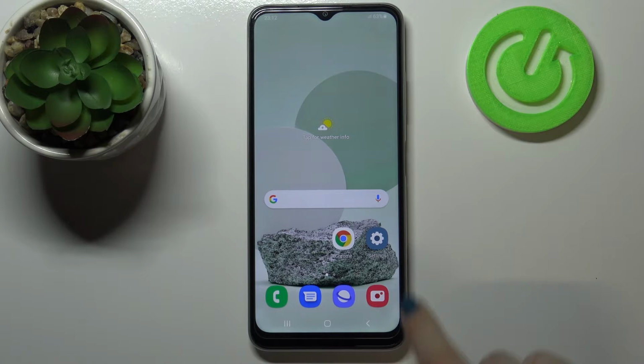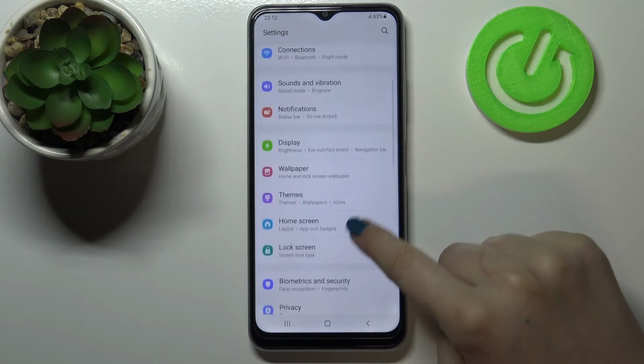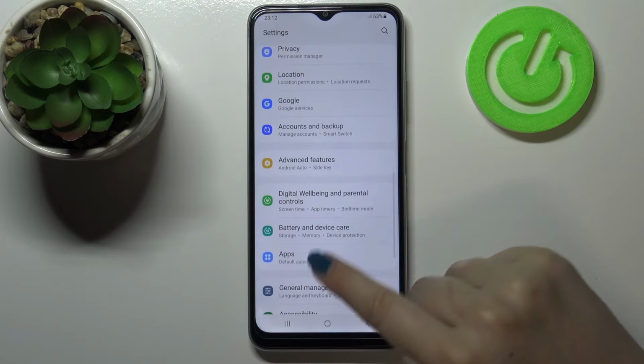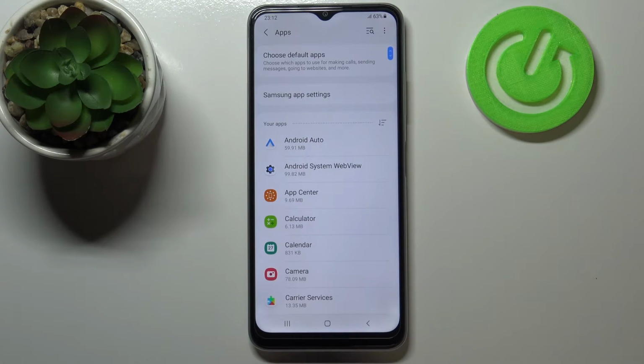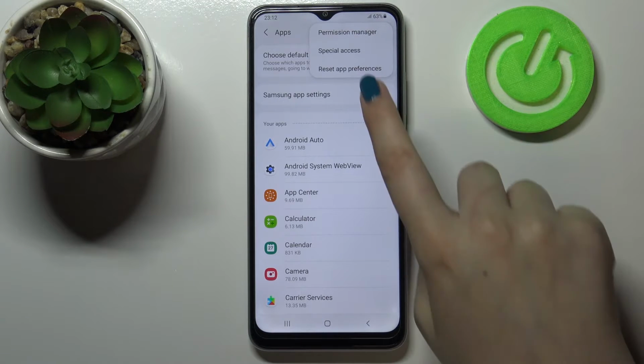this device. So firstly, let's enter the settings, and here we have to scroll down in order to find the apps. Let's tap on it, and now we have to tap on this three dot icon in the right upper corner. As you can see at the very bottom of the list, we've got reset app preferences, so just tap